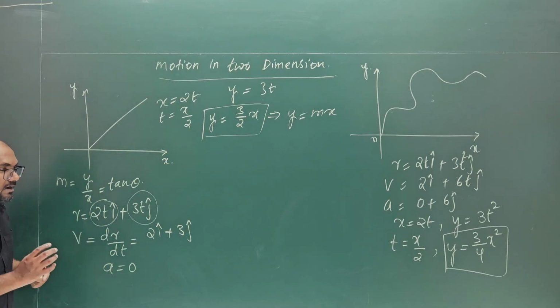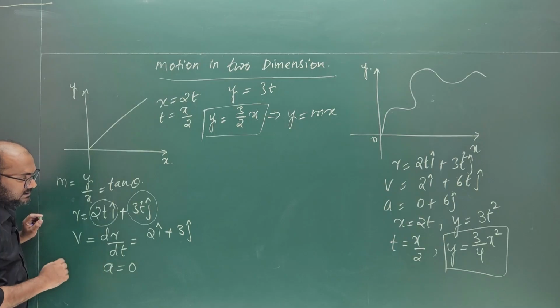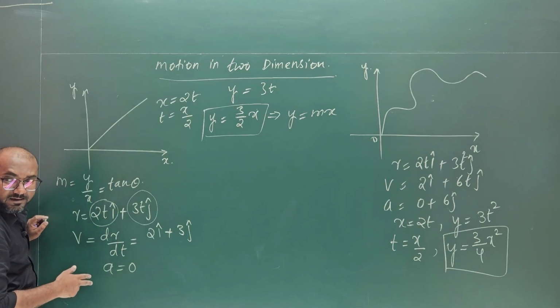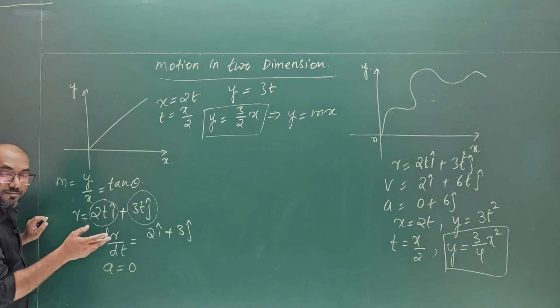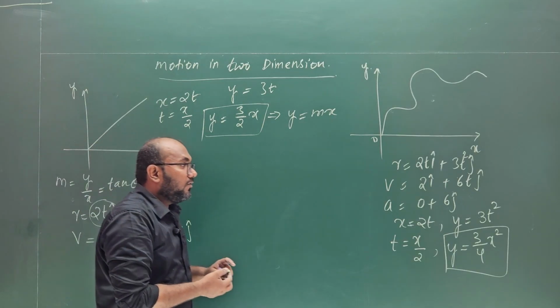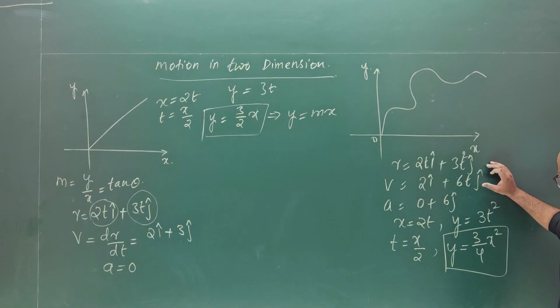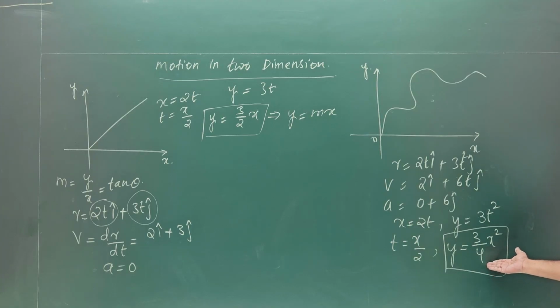So what are the differences till now that we have found between straight line and 2D, that is 1D and 2D? One thing, slope does not change. Second thing, velocity in x-axis and y-axis remains constant. Maybe variable, but they will be having the same value. Acceleration, 0. Over here, what we found? Theta is changing. Velocity, either in x-axis or in y-axis, at least one axis will be having different velocity. That means, can I say time dependent velocity? Yes. And similarly, we got the equation of what? Parabola.